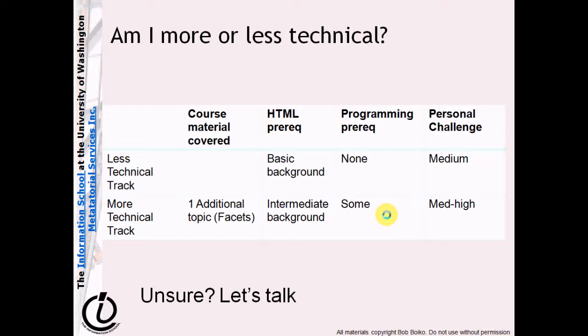It's a medium to hard class, even for the people who take the less technical track, and it's a medium to high challenge class for those who take the more technical track. So think about it and choose which one you want. If you want, also feel free to contact me, and we'll talk about it personally, which track is best for you. Okay, so